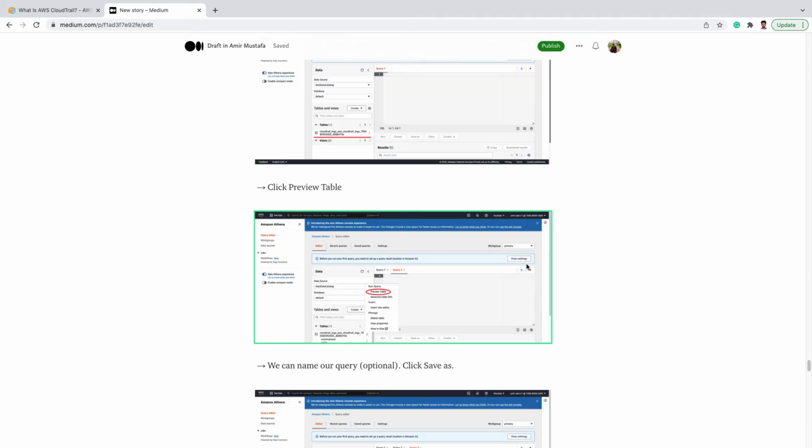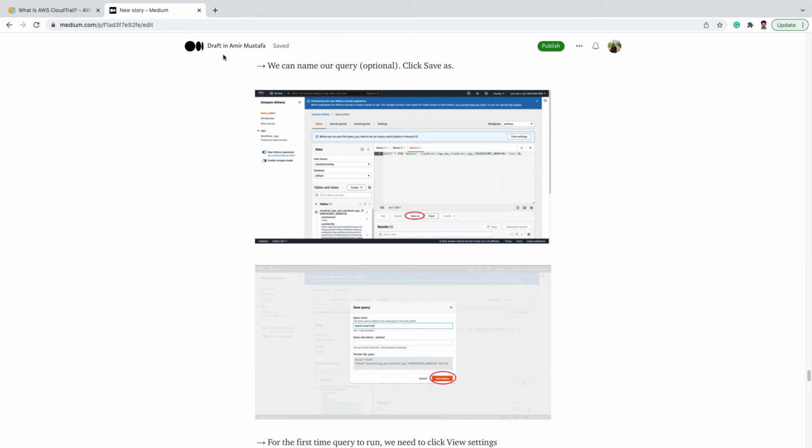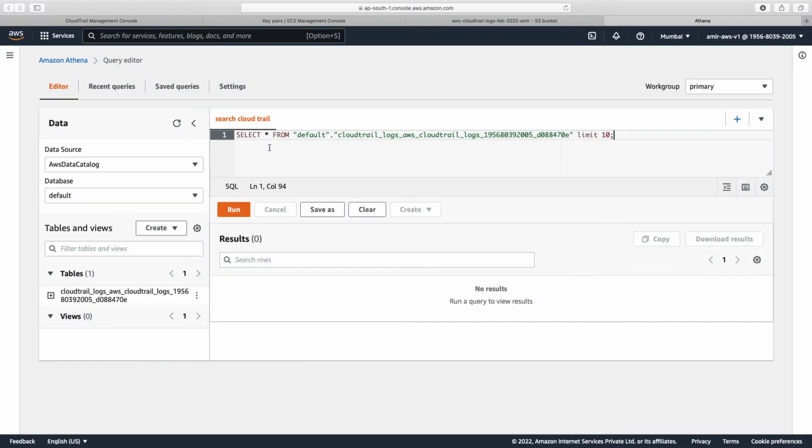So we click view settings, select a bucket name, and save the query. This much we do only over here. Now our button will be enabled. When we click run,